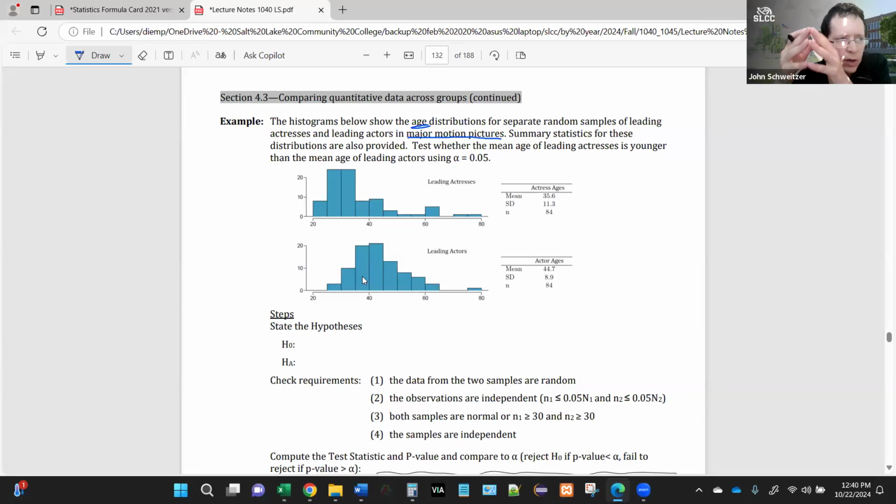I can imagine all of these older actors in their 50s and 60s are still acting, and then maybe fewer actresses, right? But who knows, maybe it's the same, and that's what we're trying to figure out here. So what we have is a sample. It's a pretty large sample. We have 84